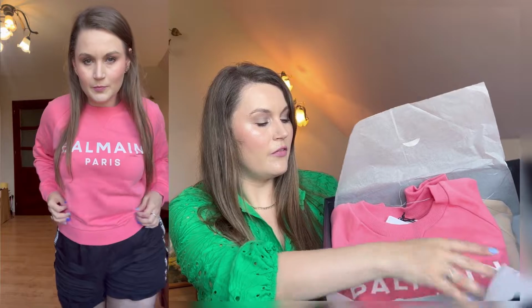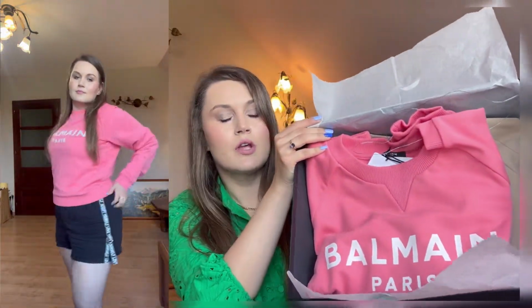So, okay, I'll show you this way. I already, of course, opened and tried them and recorded little videos to show you the fit. And these are Balmain sweatshirts. I intended to go for the pink one, but basically how I found them, it was from Sophie Sohet, and